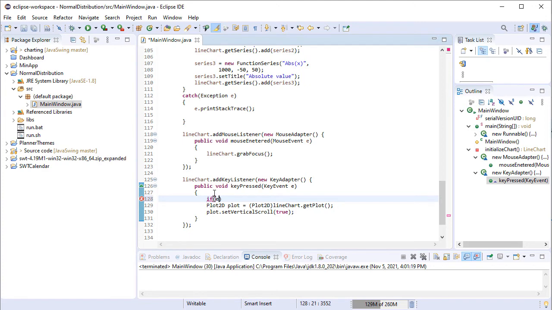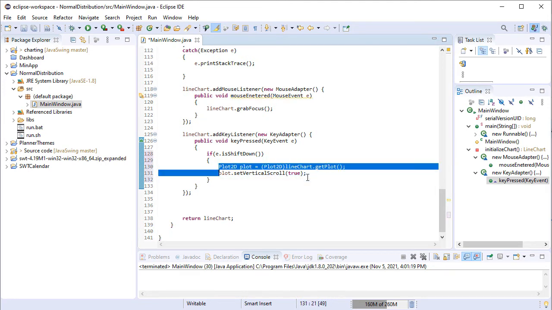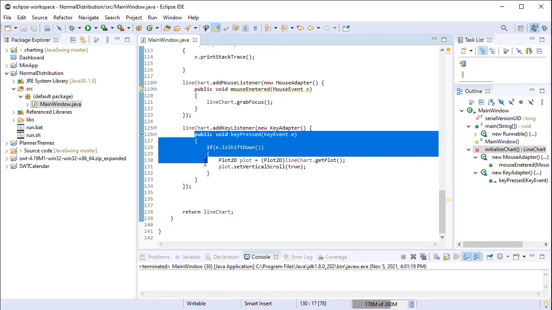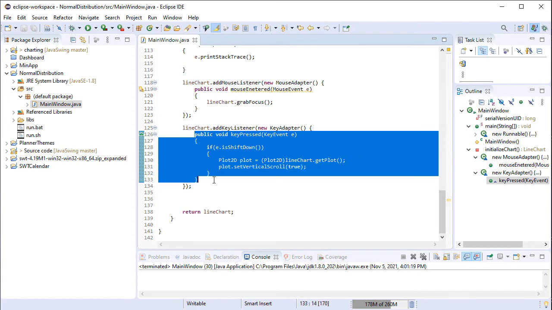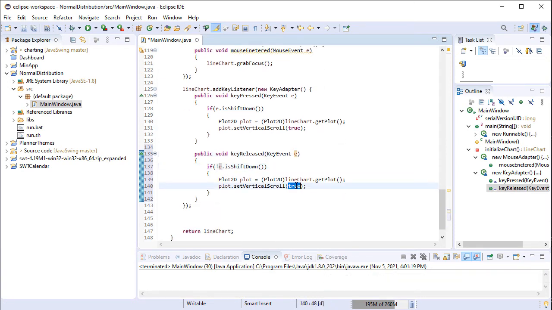Of course, we do this when the Shift key is pressed. Then we will handle the key released event. In it, we check if the Shift key was released, and if yes, we disable vertical scroll.